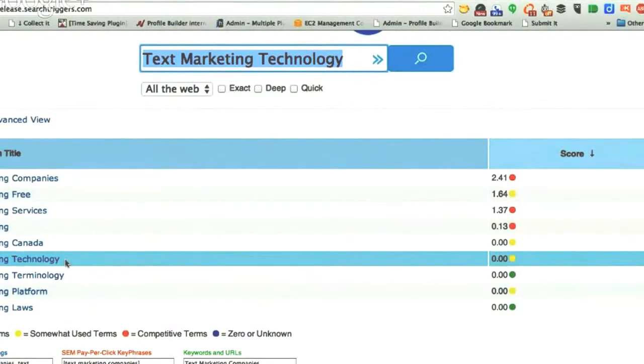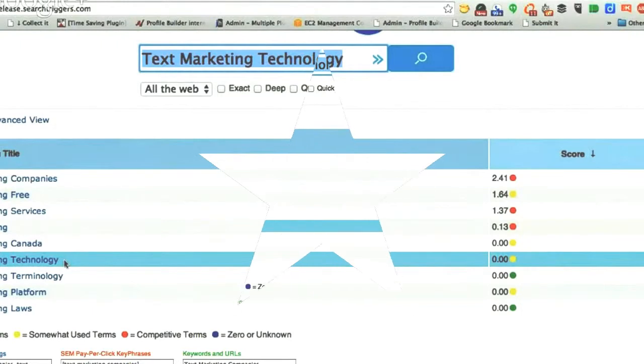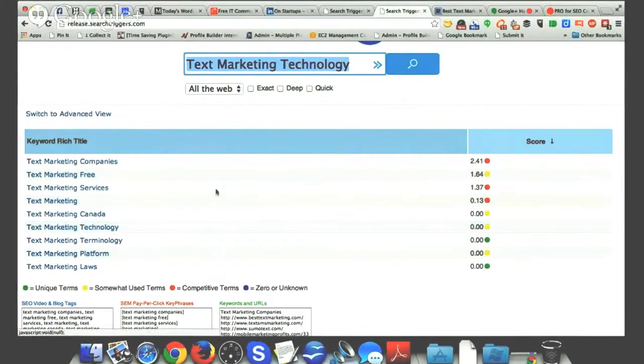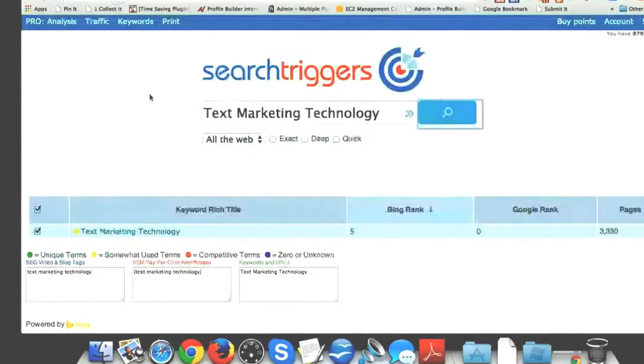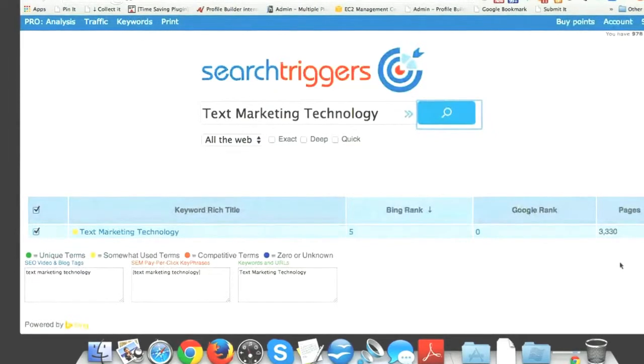If no one's bidding on the ad, then they don't have any traffic data. So I can pay pennies on the dollar to start the trend myself. Yes, you want to start the trend yourself, and that's going to drive the price up, but it's also going to start trending. You can see 3,300 pages under that.